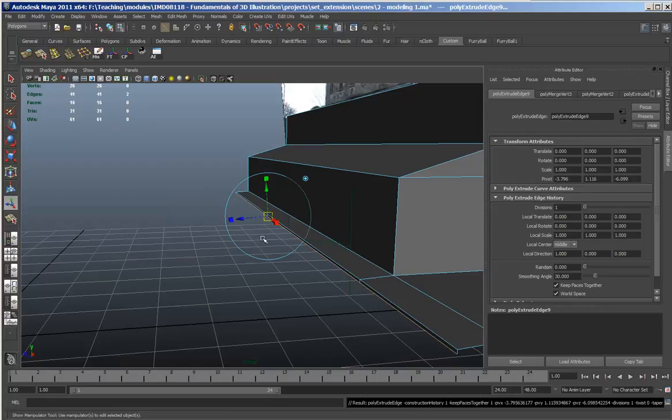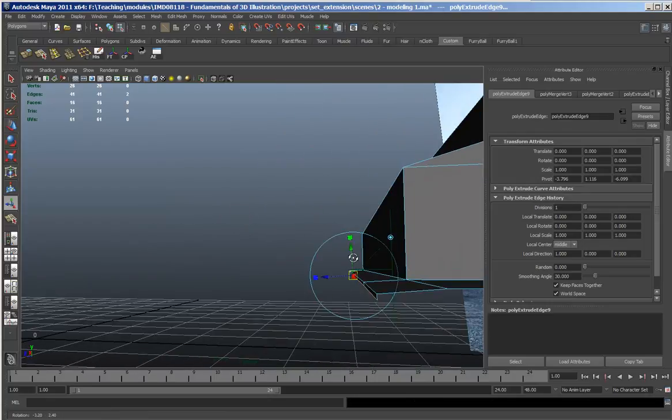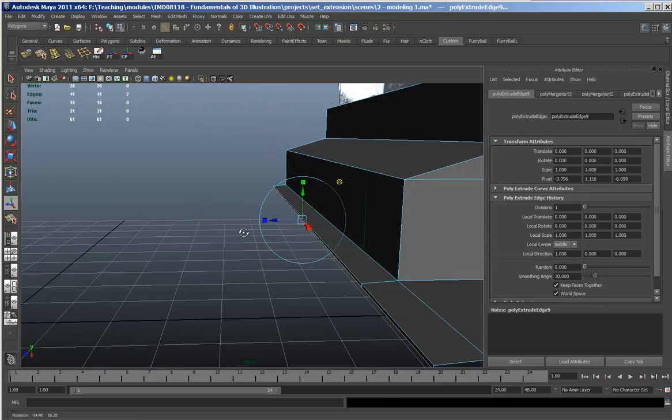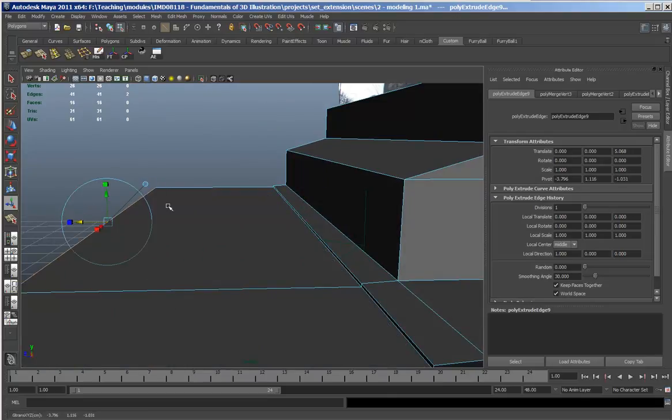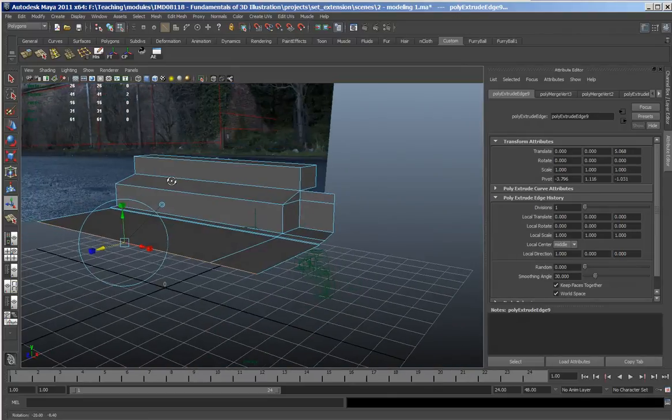Okay, so extrude, and here you see, because I've done some extrude, this axis is not quite vertical, so I would be better off using the global mode. See, global, local. Because this is not quite flat, this is not quite vertical, therefore this is not quite vertical. Therefore, if I want to extrude horizontally, I'm going to use global axis. Alright, and now all I have to do is pull this forward, and that is the street in front of